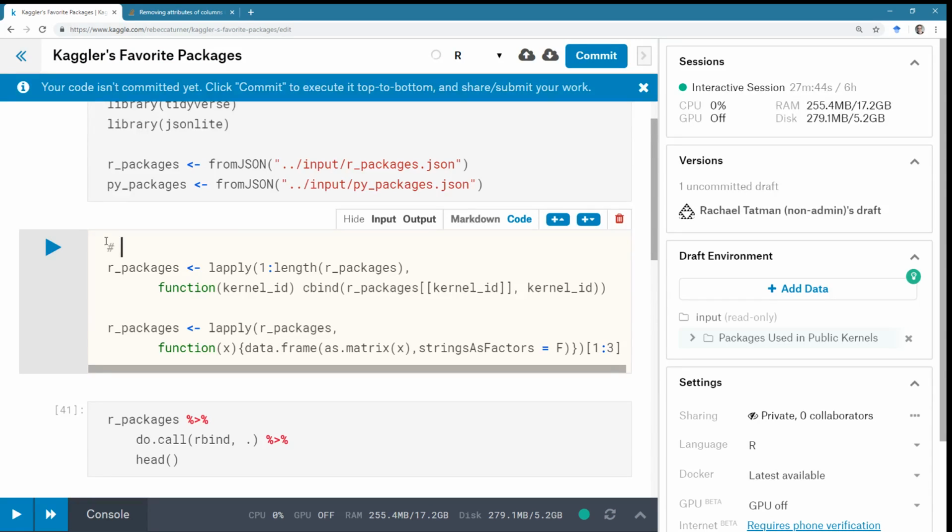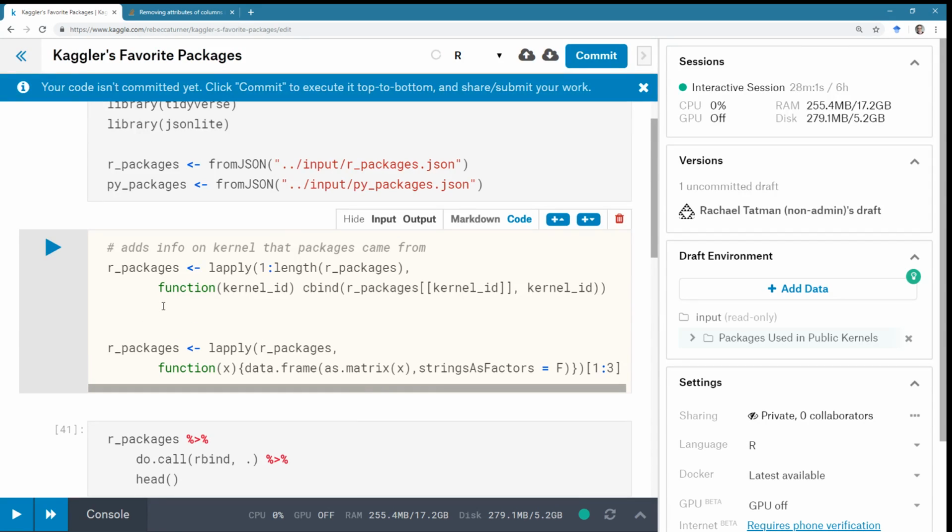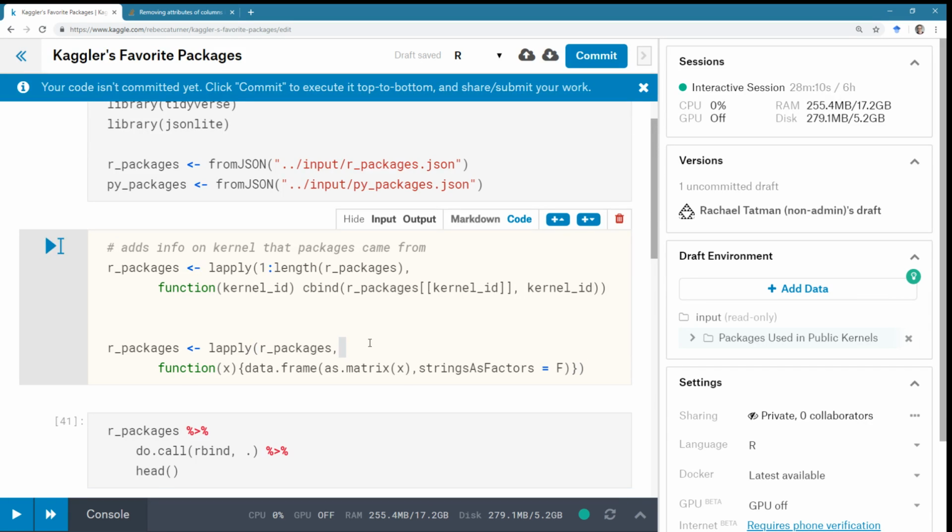Okay, so this one adds info on the kernel that packages came from, and this one, if we'd done this better, probably we wouldn't have to do this, but remember what I said? Oops. Oh, yeah, I don't actually just want the first 3 items.